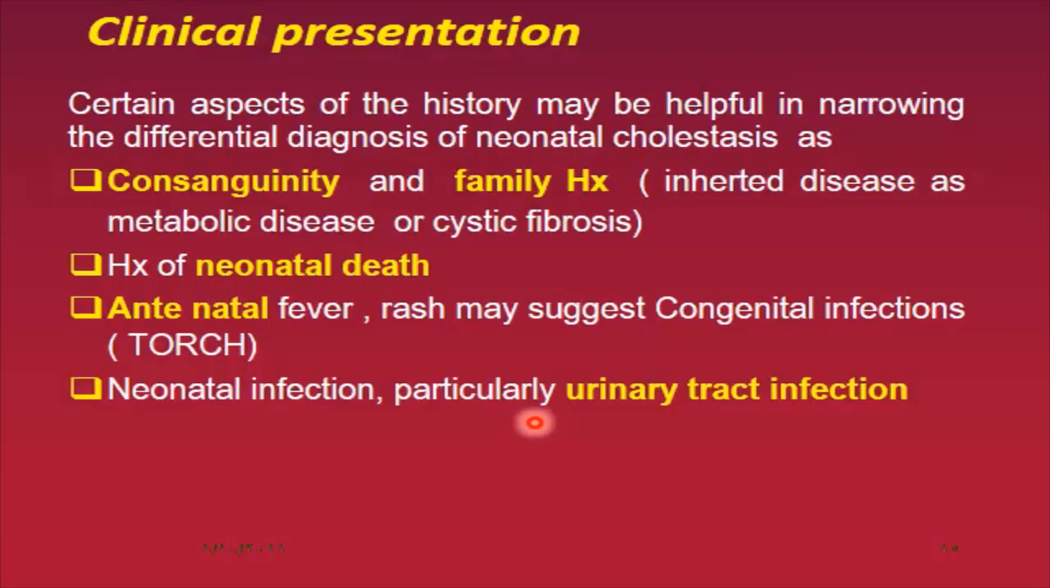Also, in clinical presentation, there are some important points in the history that may be helpful in narrowing the differential diagnosis of neonatal cholestasis. The presence of consanguinity and a positive family history may indicate inherited disease, as in metabolic diseases like galactosemia, tyrosinemia, or as in cystic fibrosis. History of neonatal death, as is seen in some of the metabolic diseases,